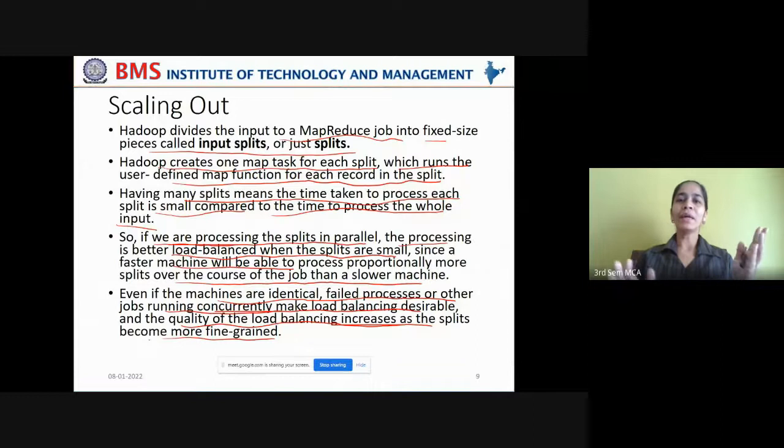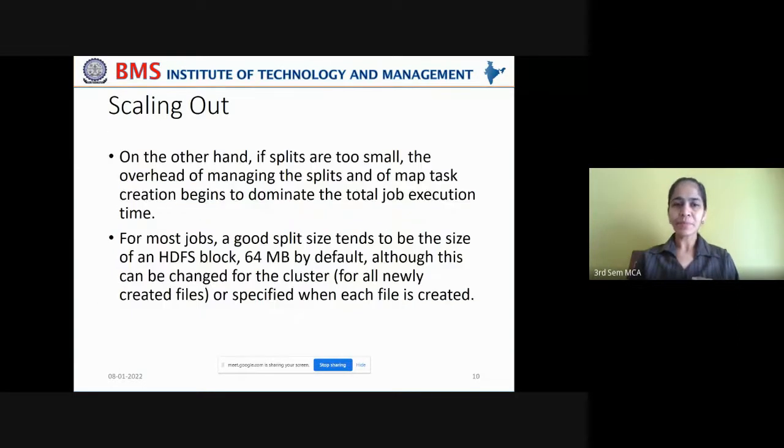As you go on making the input split smaller and smaller, the load balancing that is achieved is better and better. But you have to stop this fine graining of input splits at some extent.